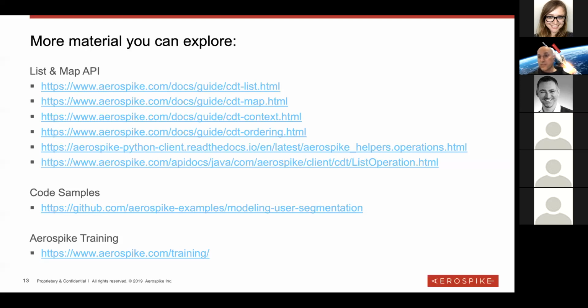How does that actually work is explained there. If you look at CDT ordering, there is the code sample on GitHub, and I don't have the link here, but if you go to Medium and look for the Aerospike developer blog, you'll be able to find it.